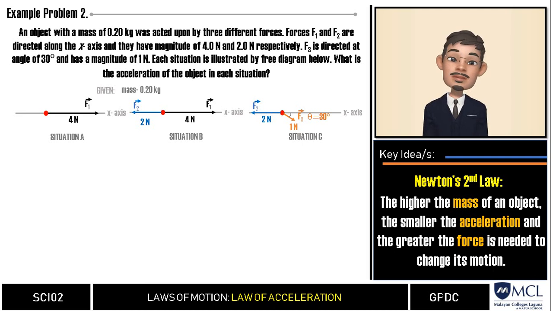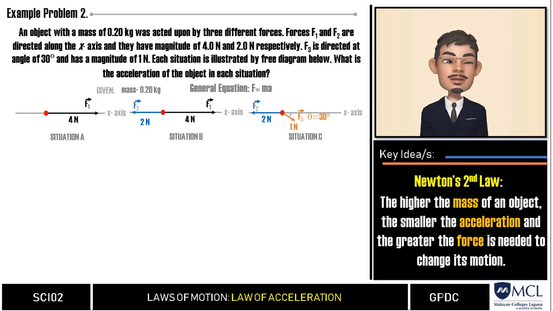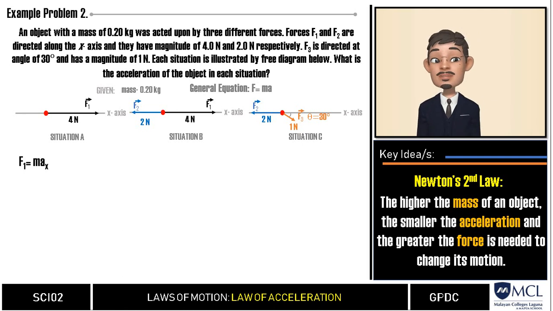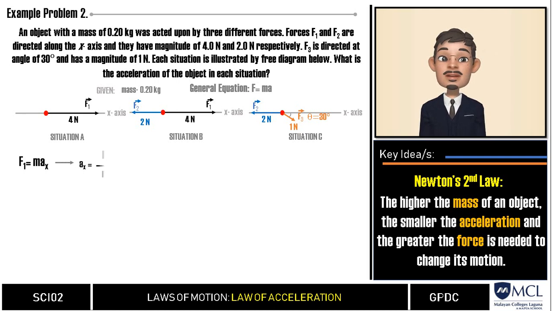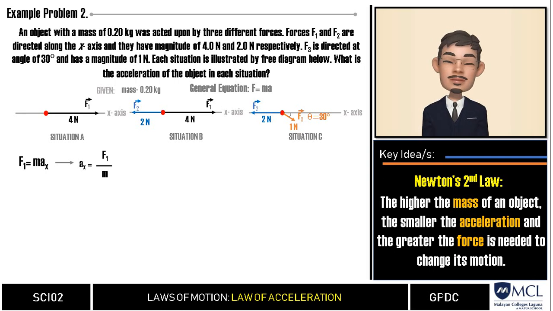In illustration 1, notice that only one horizontal force acts on the object. Therefore, we can compute this by our equation F is equal to ma. Let us add a subscript x after a to distinguish that the acceleration caused by this motion is in the x-axis, and subscript 1 after F to identify it is force sub 1 we are dealing with. Once again, we are looking for the acceleration, so we derive this formula as a is equal to force over mass. With the given data, we can substitute these values now.